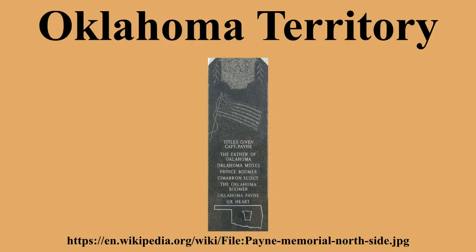Executive Branch. The executive branch was made up of officials appointed by the U.S. President, including a territorial governor, a territorial secretary, and a territorial marshal. Appointees were subject to the consent of the United States Senate, served 4-year terms, and could be removed by the President. The territorial governor was vested with the executive power of the territory, was responsible for ensuring that its laws were faithfully executed, and served as the symbol of the federal government in the territory.